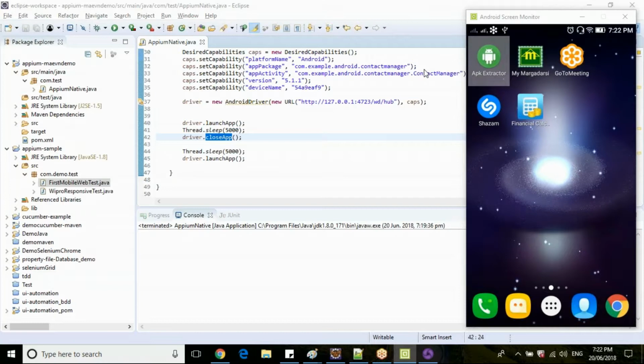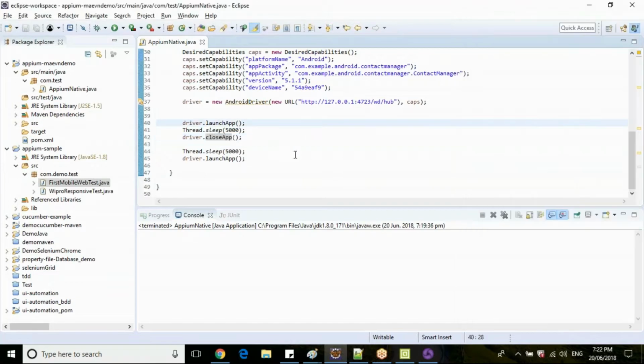Yes, close closes the current browser. The entire session will not close with driver.close, Vaishali. The close will close the current window and quit will close all the windows which are opened. That is the difference in Selenium driver.